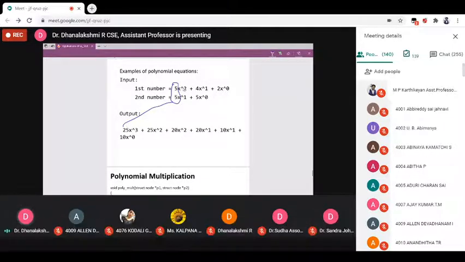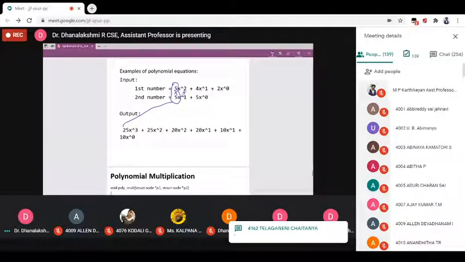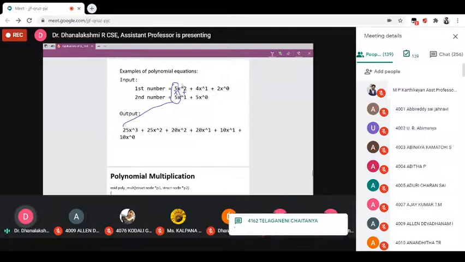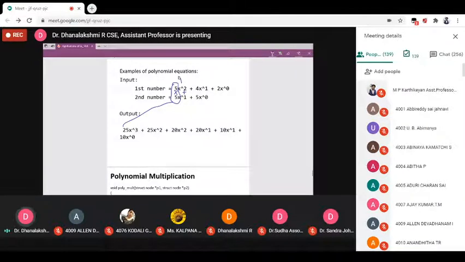Then you can add the exponent. Sorry, you multiply the coefficients, then you add the exponents. So 25x cube. See, actually, what is the procedure? This is P1. This is P2. Got it?